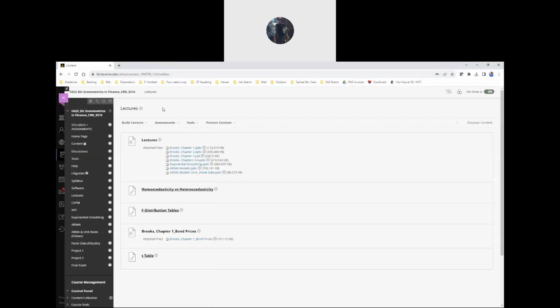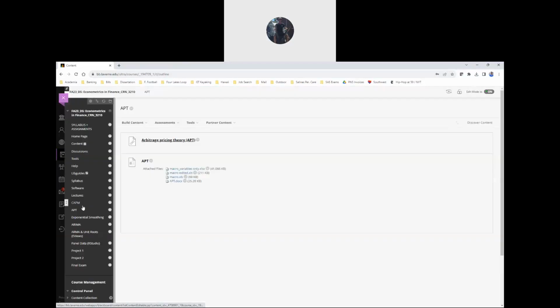All right. So if you were to go to the APT section, which is arbitrage pricing theory, this is like an expanded version, an add-on to the CAPM, where you're looking at more variables that also might influence the stock. Let me show you what the idea is. If you open up the APT document here,